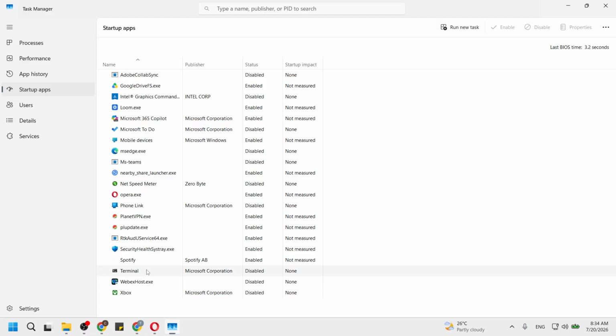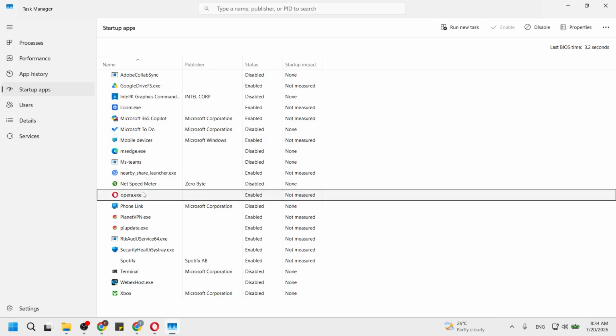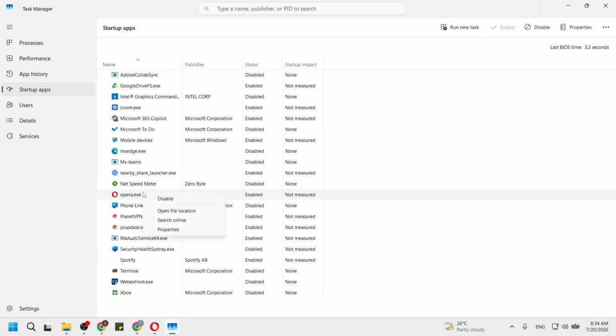After identifying the list of startup applications, locate Opera in that list. Once you find it, right-click on the Opera entry. This action will bring up a context menu with several options available for you to choose from. Right-clicking is a simple yet powerful way to access additional options for any application. This step is significant because it allows you to directly interact with the Opera browser's settings in the startup context. You will see various options for managing the application, providing you with the flexibility to make necessary adjustments.